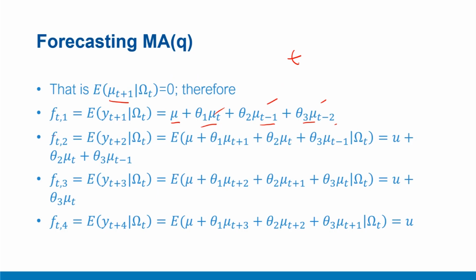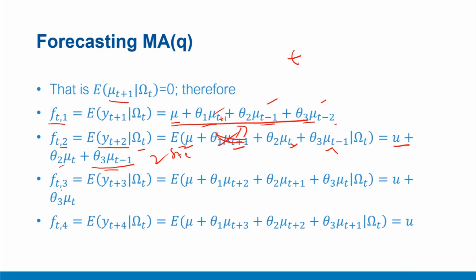So with this being the case, we already have the forecast f t comma 1, one step ahead in future, which is this. Now let us do the forecasting for 2 steps ahead, which is f t comma 2, nothing but the conditional expectation of y t plus 2, again using the information up till time t. In this case, we need to add 1 to each subscript. When the expectation operator is applied, mu t plus 1 will be 0, but for mu t and mu t minus 1, actual values will be employed, and therefore this term will get eliminated, and we are only left with mu, the constant term, plus theta 2 mu t plus theta 3 mu t minus 1, which is our forecast for 2 steps ahead.